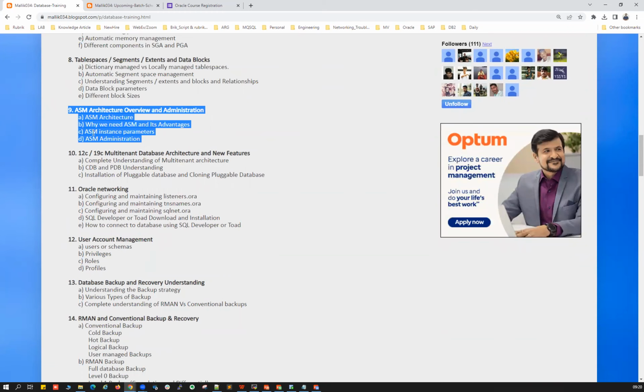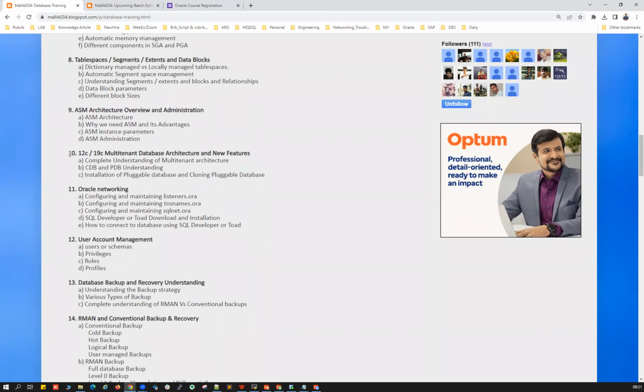So you don't need any prior knowledge of anything. We're going to start from scratch. What is ASM? What is ASM storage? What is ASM architecture? How is ASM different from an Oracle instance, and why do we need ASM? ASM administration, ASM instance administration, SRVCTL, CRSCTL, and how we're going to manage your disk groups with redundancies: high redundancy, normal redundancy, external redundancy, and how we're going to add a disk into a disk group, drop a disk from the disk group, and create a disk group. All will be covered here.